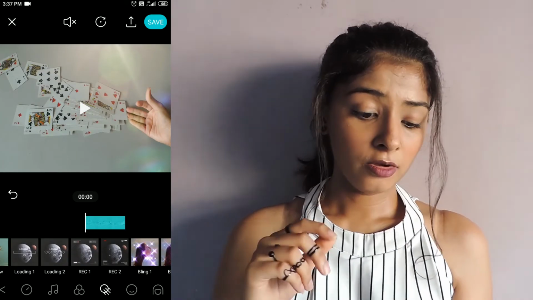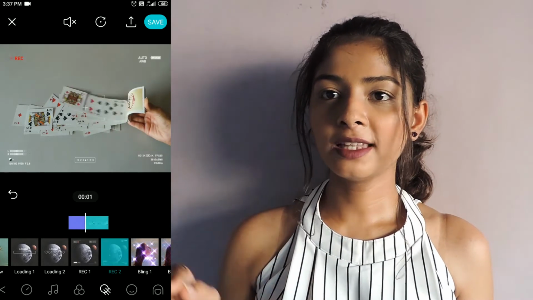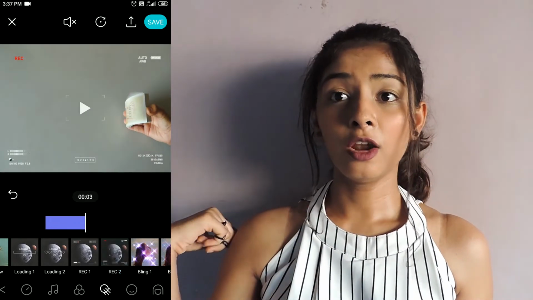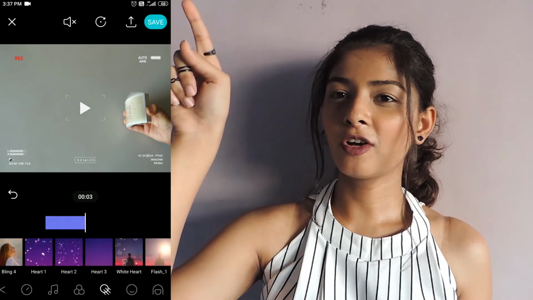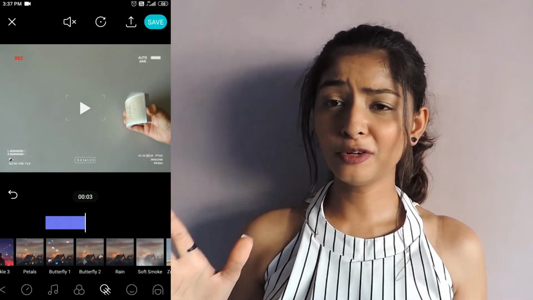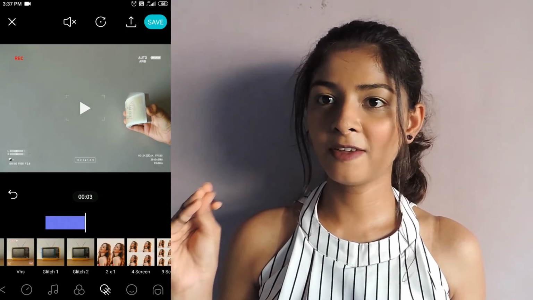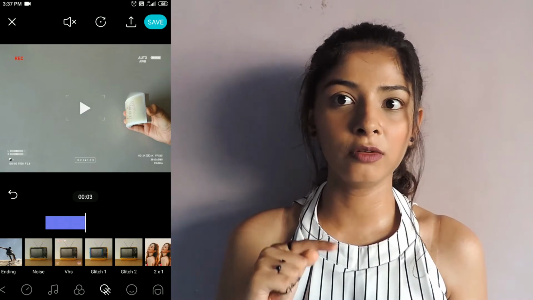Yeah. Now this also has the loading options, like you see in a lot of people's videos, that recording option, and I wondered how they do that. For the longest time I've been searching for that and finally I found it in this one. So that was all about the video editing part, which you can use to edit your videos, slow-mos, reels, effects, trending effects, everything. So now let's just jump to the edit part.